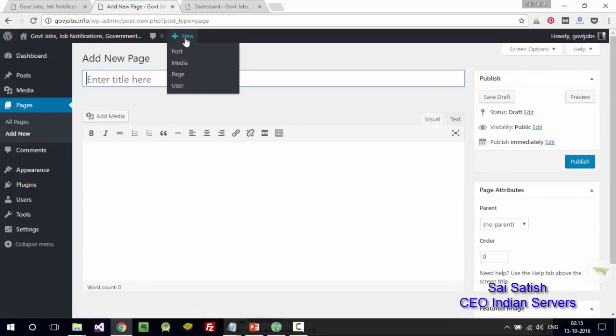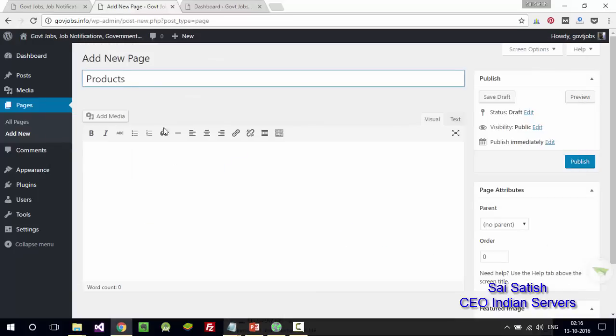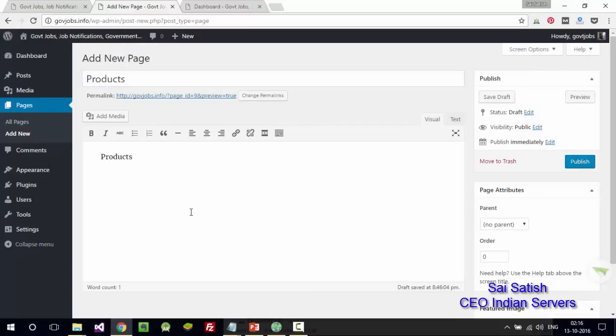If you're a blogger, just go ahead and use a post, because pages generally will be static, like the most standard pages. There is not much difference between a post and a page. But if you're continuously going to post about job notifications or university updates or some technical stuff, it's better to use a post than a page. A page is for the standard things. From the database point of view, there is not much difference. Both are saved in the same records. No issues about that. But as of now, let me create the static pages for services and products. For posts, you can go and use a post.